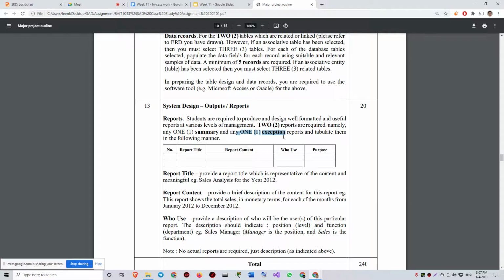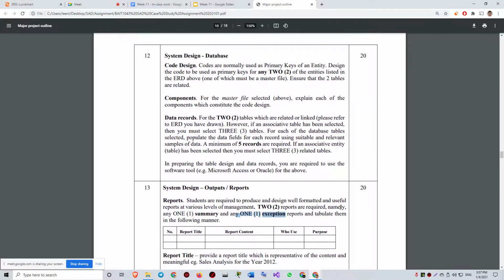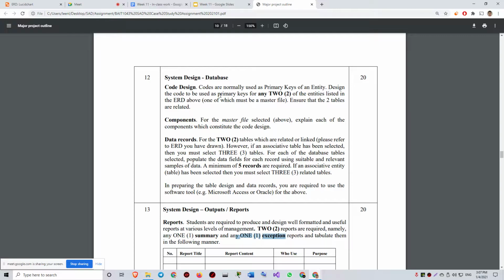Any question from Kelvin and Farah? So far, no. At this moment, it should be similar to what you're doing with your